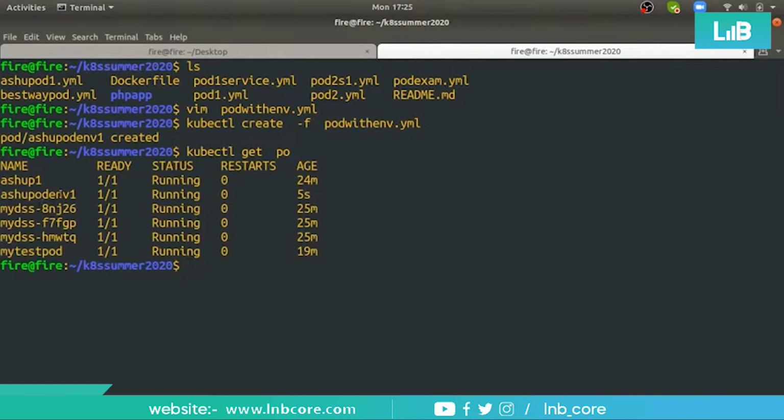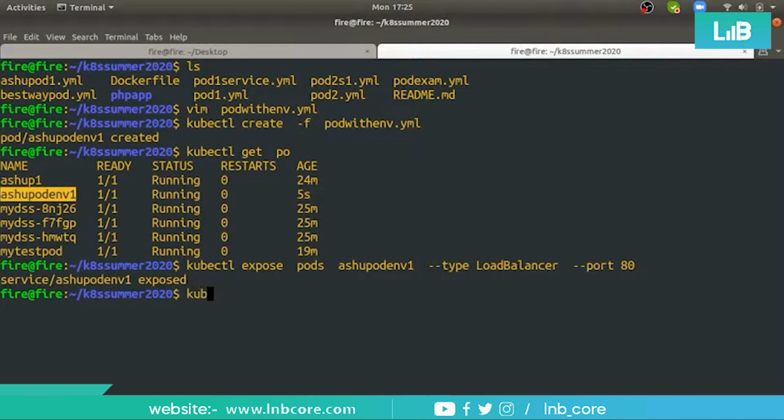Yes, it's running, pod env1. And I'm exposing the pod, ashu pod env, type NodePort, or maybe type LoadBalancer, port 80.